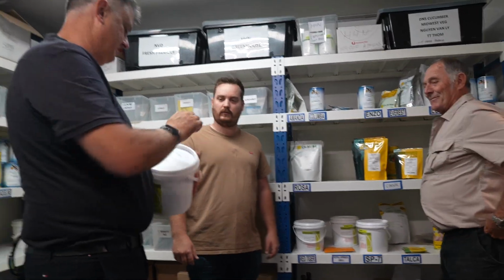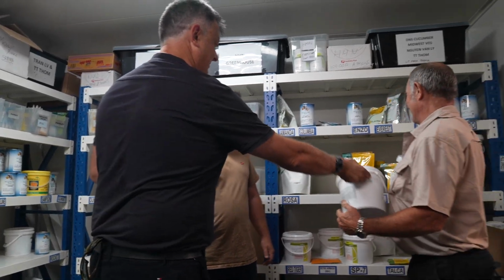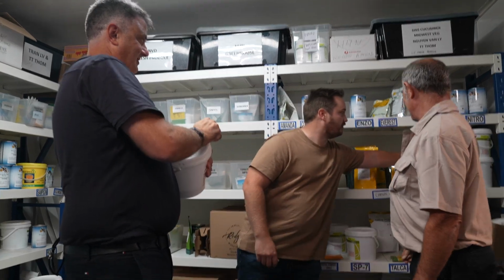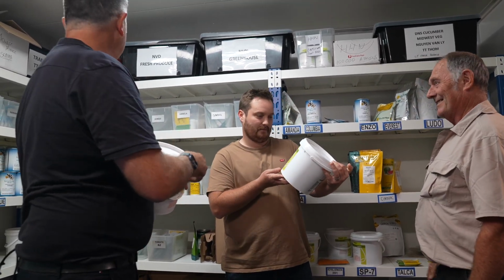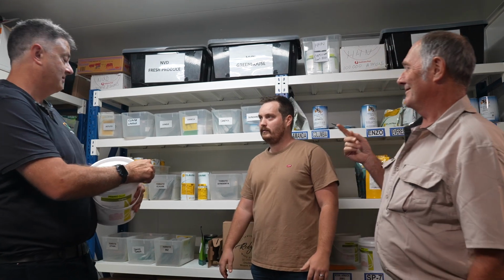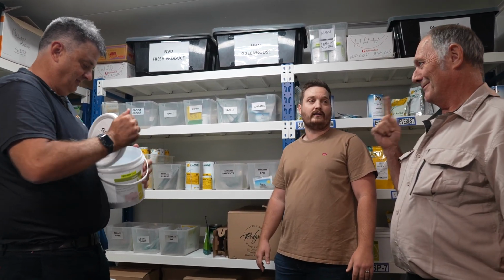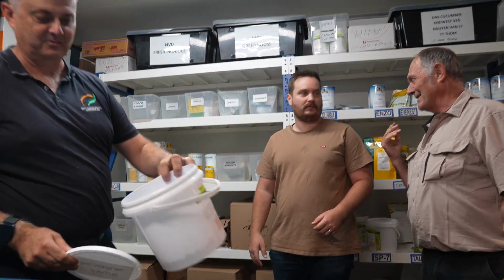Was that open? No, that's closed. That's $6,000. Well, some of your other ones are more, aren't they? So this is $6,000 of seeds, is that what you're saying? Well, you can get tomato ones like that. You can get some tomatoes where one seed is $1.50. And if you've got 1,000 seeds...